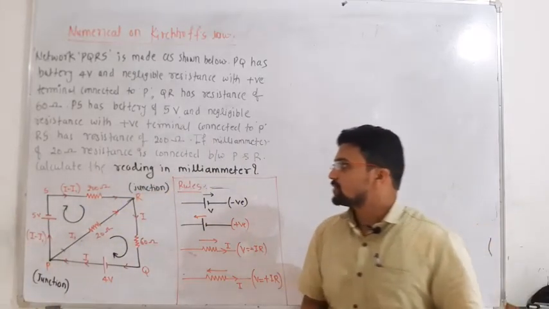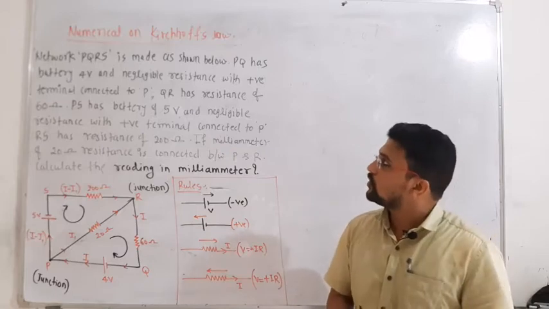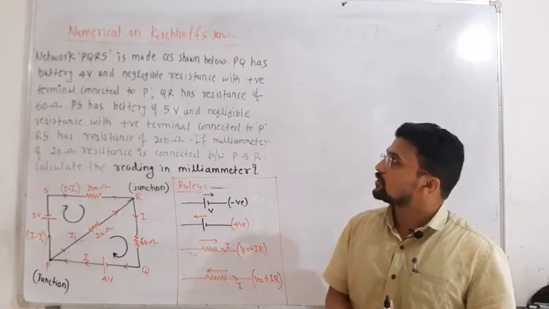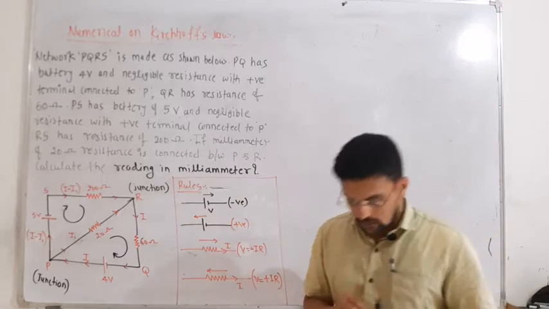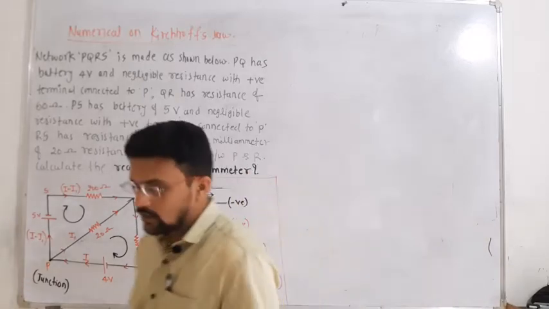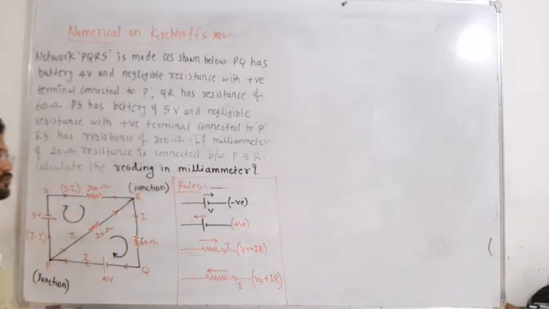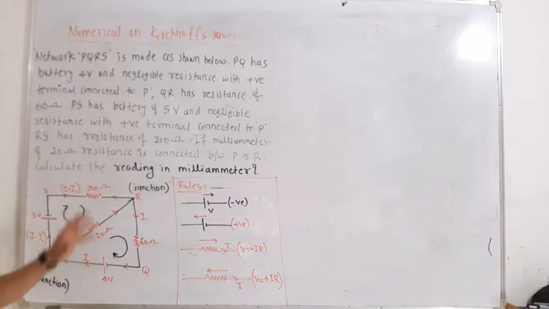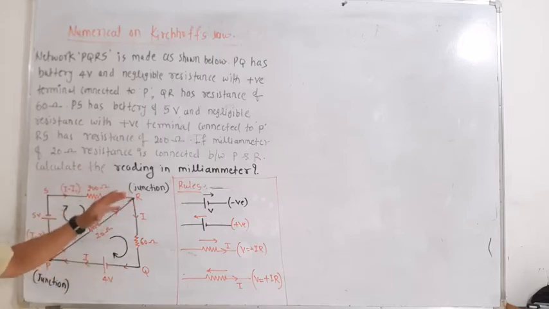The last time we saw Kirchhoff's rules, and depending on Kirchhoff's laws, we saw the two laws: the junction rule and the voltage rule. The junction rule belongs to the current. The sum of the currents entering any junction is exactly equal to the sum of the currents leaving the junction. That means the total current at the junction is 0. And the potential drop across any closed path becomes 0. So these are the two laws we have seen.